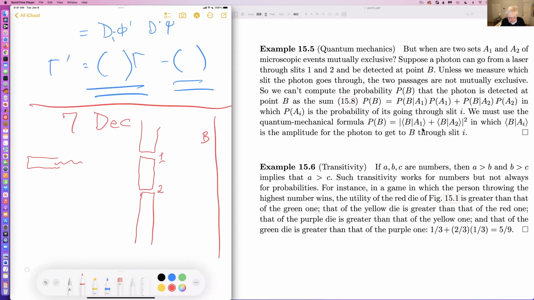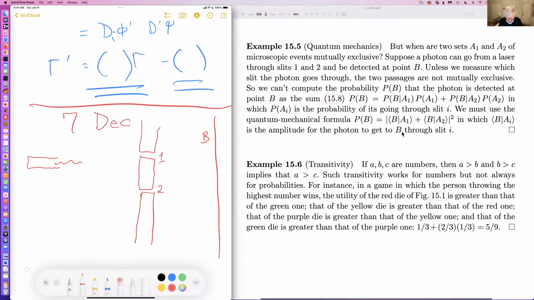It's sort of amusing. One can start thinking about quantum mechanics, and when you ask, what is it about quantum mechanics that makes it different? There are at least two fundamental things. One is that two events being mutually exclusive is much more puzzling in quantum mechanics than in classical mechanics. And the second is a